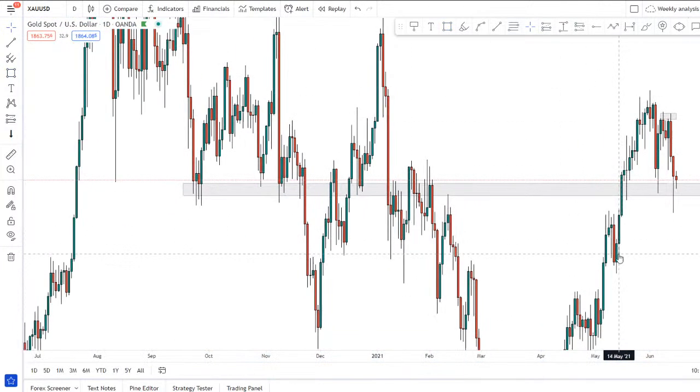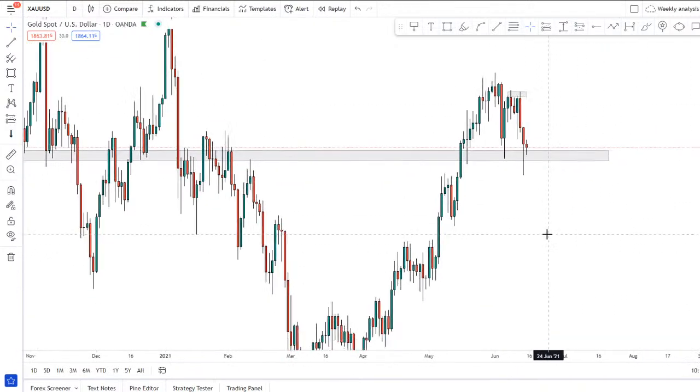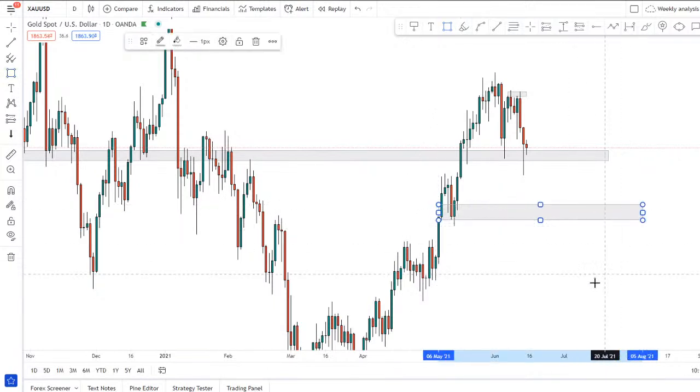So you can see here, very key level of support, and now the market is testing it again. If we can get below it, I think we can go to that 1840, maybe even 1830 or even 1820 area, which is basically this previous support here. So potentially could see price going that if we can get below 1860,